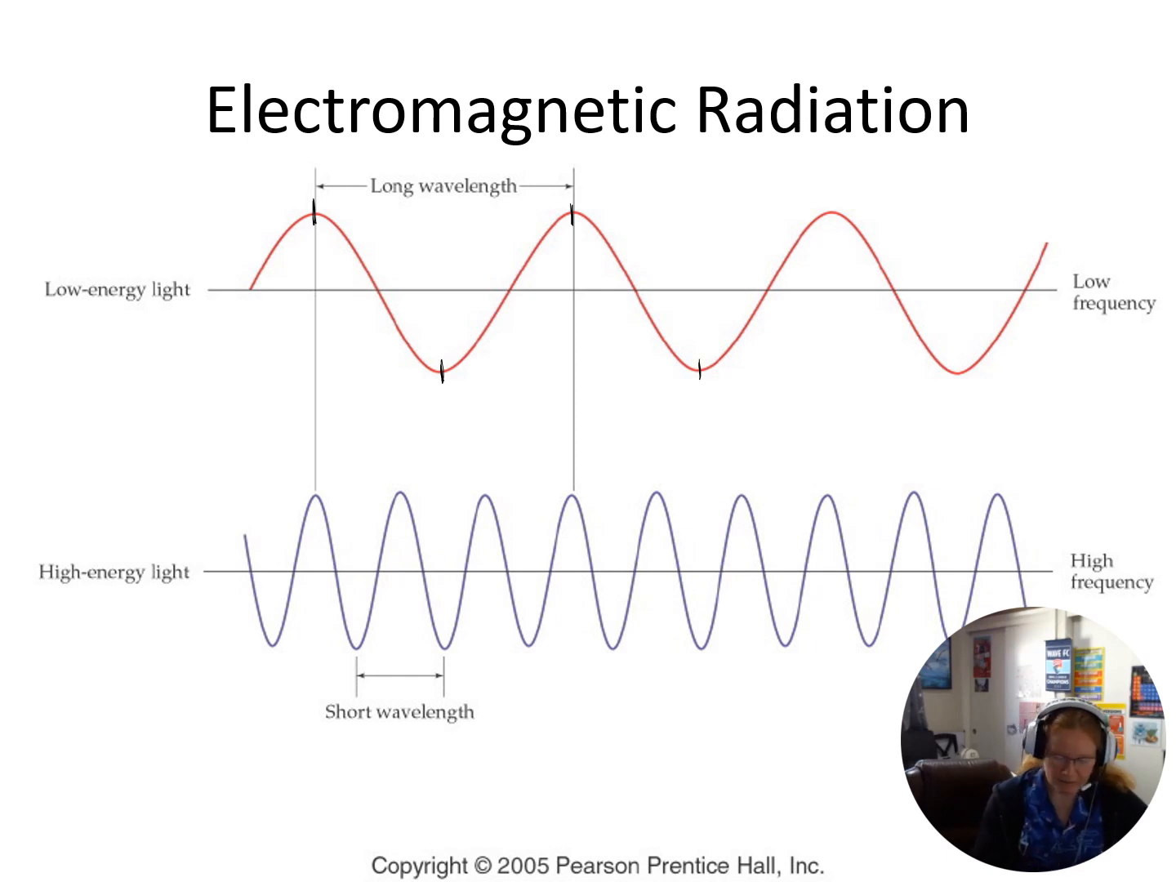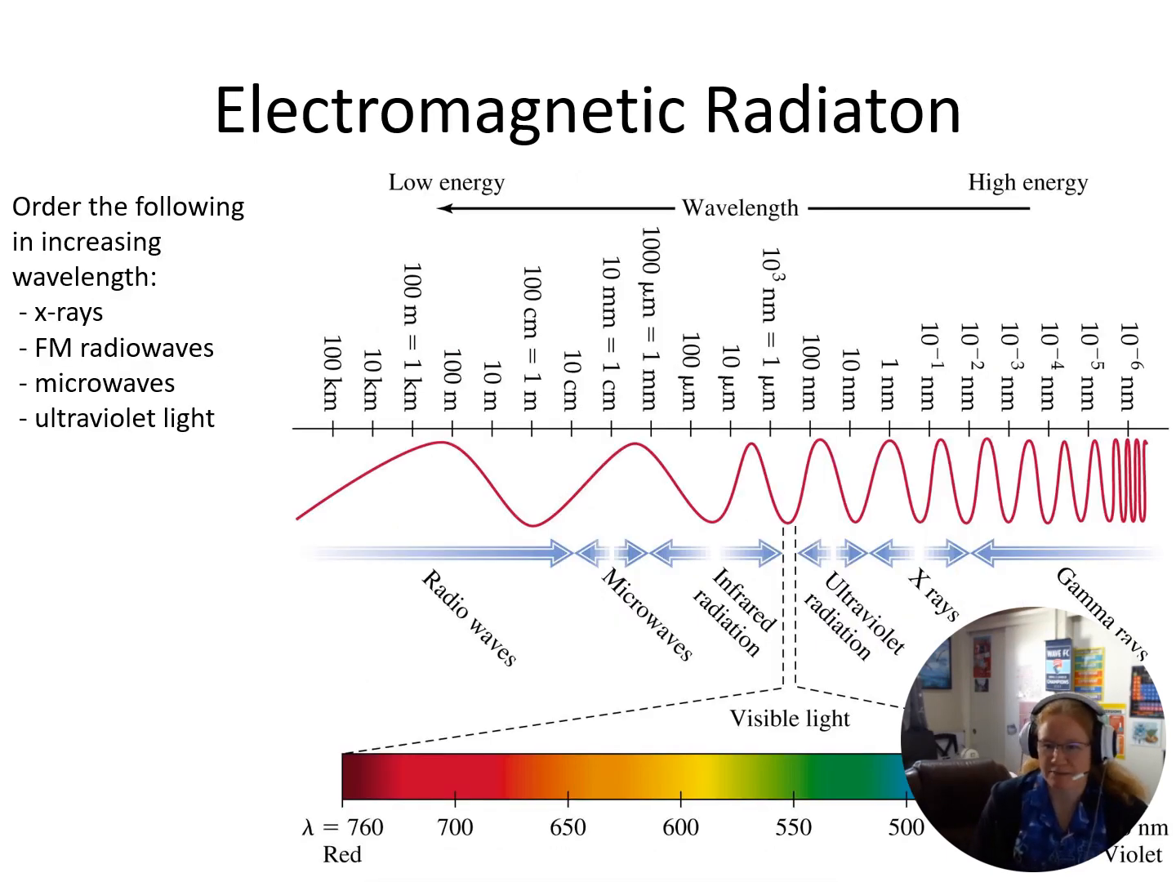Okay, now when we look at our electromagnetic spectrum, our lowest energy light is red light and our highest energy light is violet light, since red light is over here and violet light is over there. Okay, so we can order these things. We figure out the increasing wavelength, so we're going to go from the smaller wavelength, the higher energy, to the larger wavelength,